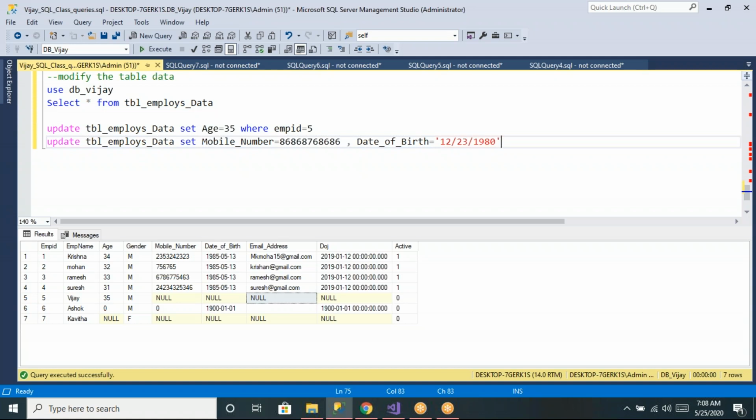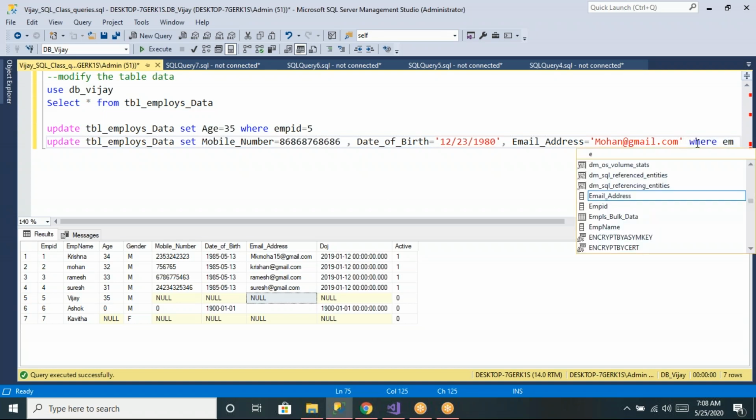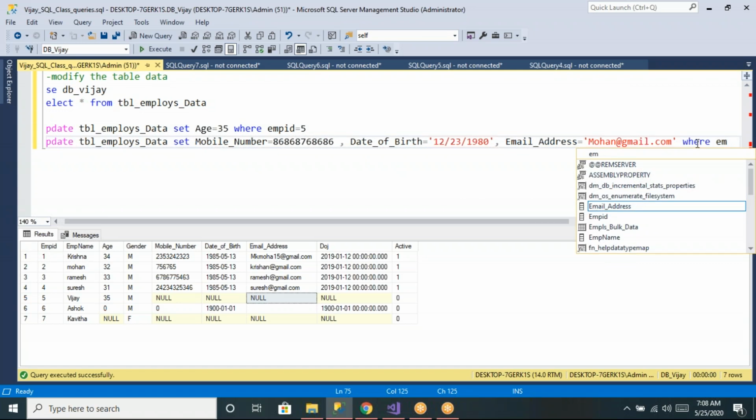And along with this, you want to modify his email address. So then I put one more comma. Let us say email address is equal to something like Mohan@gmail.com, like this. Okay, and for which employee? So where for employee 5, no, then just write where employee is equal to 5.